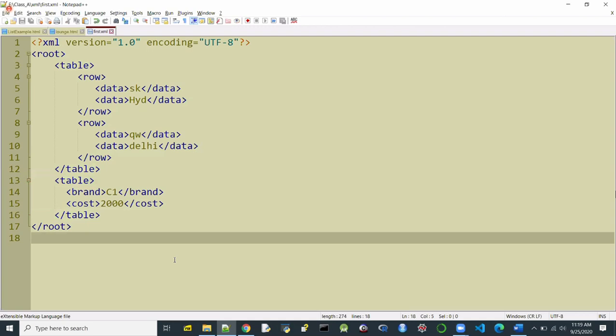Whenever we are using multiple XML fragments or documents in the same application designed by different people, it may so happen that the same names are used more than once with different meanings, and this causes what we call a name conflict.